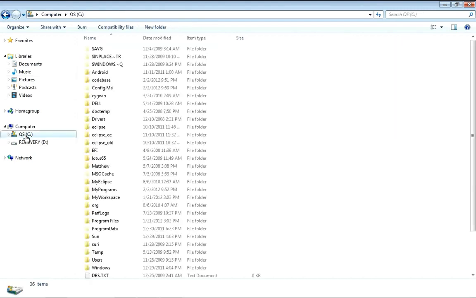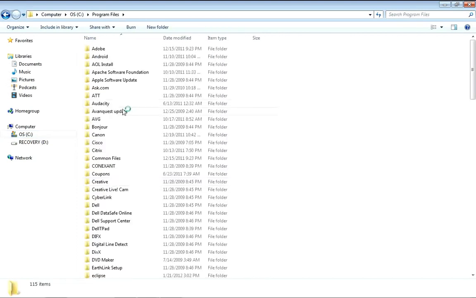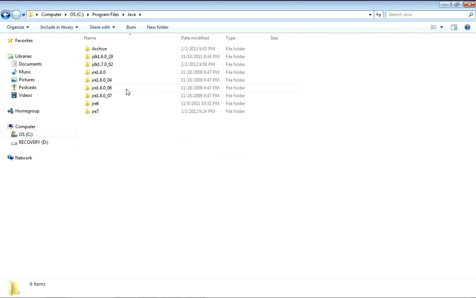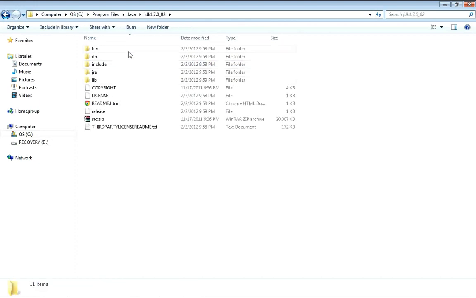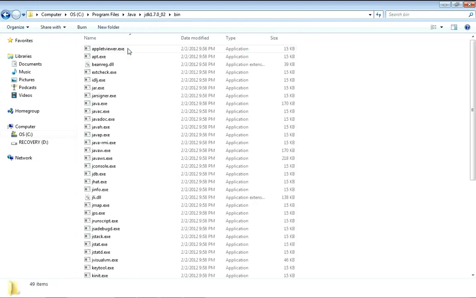So let's make sure where it is installed. C, Program Files, Java. You may not have this many folders because I play with Java often. I have so many versions, so it should show the folder like this. Go inside and go to the bin folder and pick up this path. We are going to configure the path variable on Windows so that you can run the Java programs anywhere in